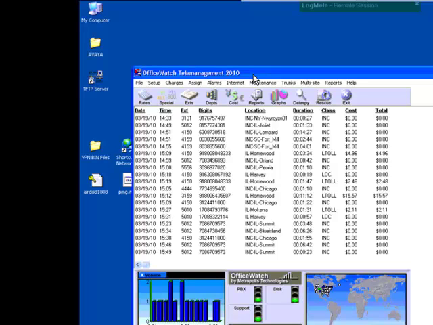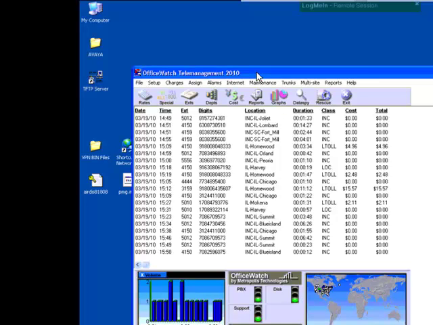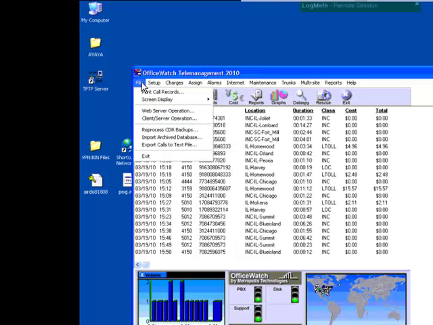The first thing you would need to do is to go to the server that is running the Office Watch system and open up the program. If we wanted to assign users to be able to access this remotely from the web page, we would go to Assign. If we wanted to assign users to be able to access this and pull reports from the web page, we could go to File,